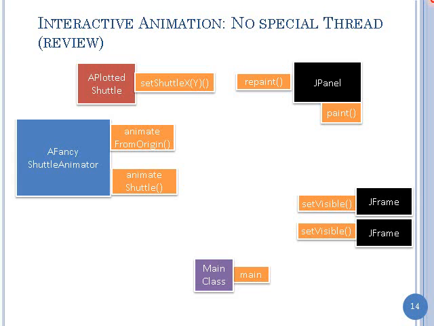Okay. So let us see what happens when you go and do not create a special thread. So you have a main thread. You run a main method. Okay. The main method is not going to do the animation directly. It's going to create frames. Okay. And let's just see what happens when we do set visible in a frame. Okay. At that point, we saw last time that there is